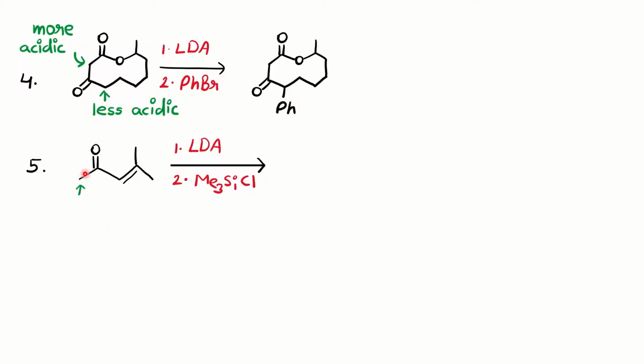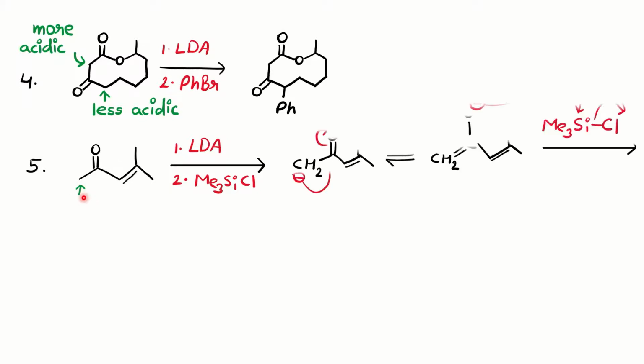Now the next reaction. If you see this alpha beta unsaturated carbonyl compound, and LDA and trimethylsilyl chloride are given to you, first of all, whatever reagent is given to you, you have to solve by using that reagent. LDA, we know, abstracts the proton from the less acidic side. At the alpha position, you have only one alpha position here, so it will abstract from here, generating a carbanion, and definitely the enolate formation will be there.